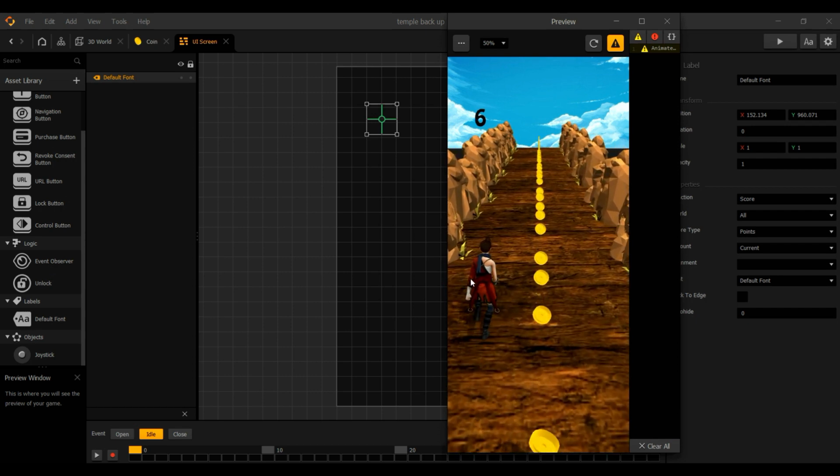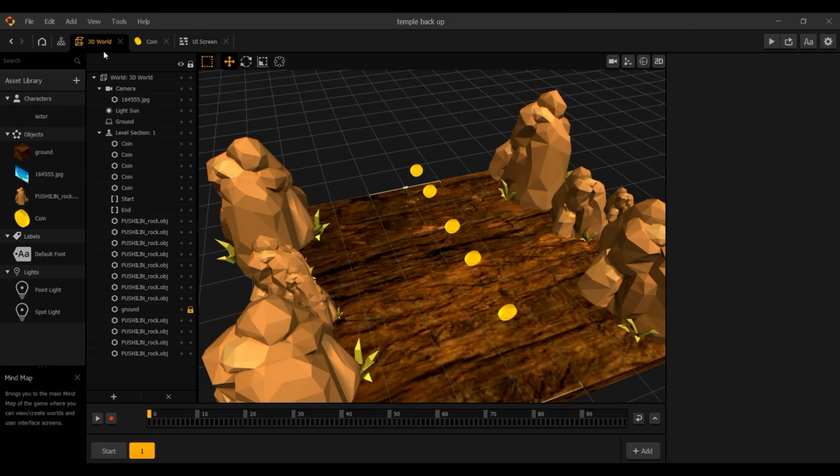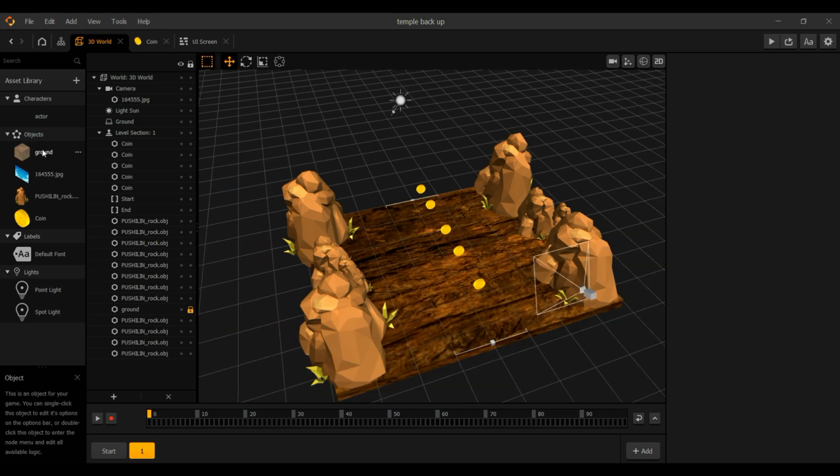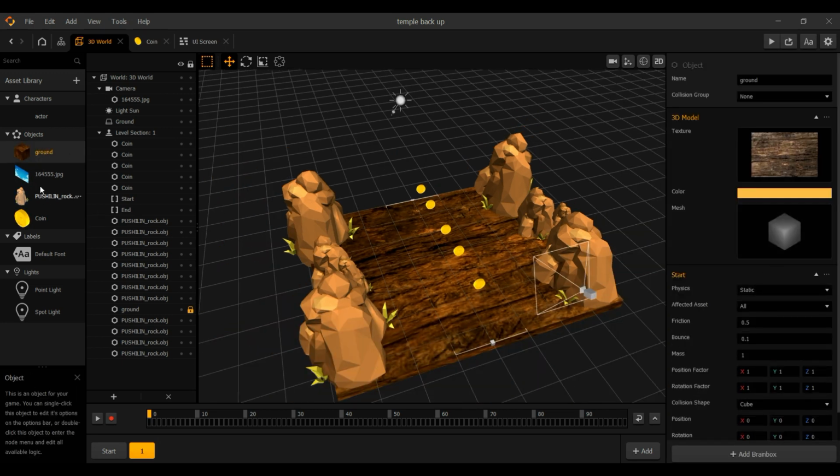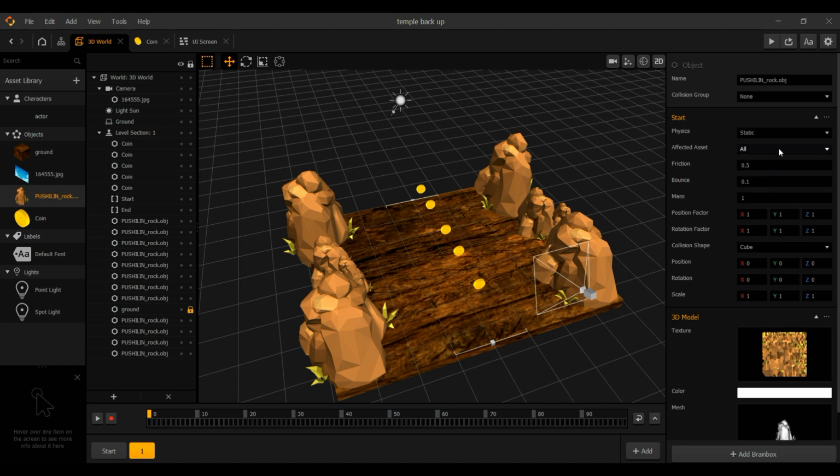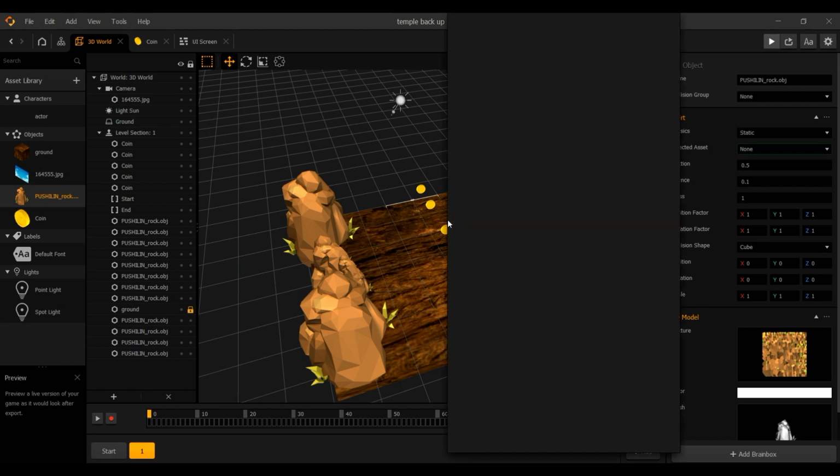Okay, something has happened. She is not moving, so we need to figure this out. Who's stopping her? So just go to the 3D world, select the ground, static, perfect. Select physics, set the physics to static. So an affected asset actually none, and when you play this again,